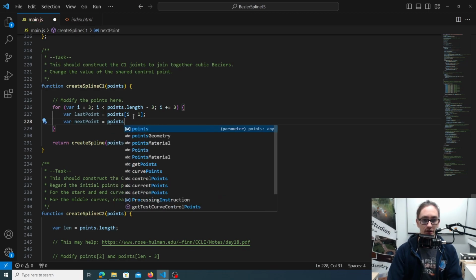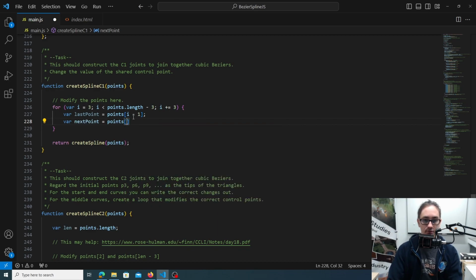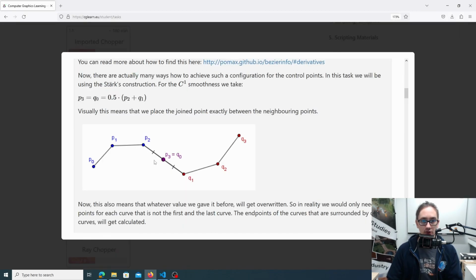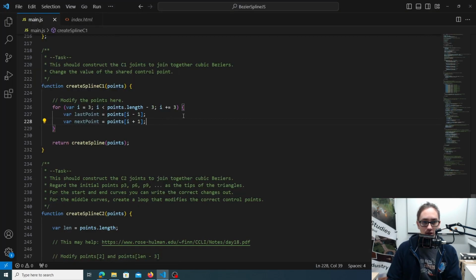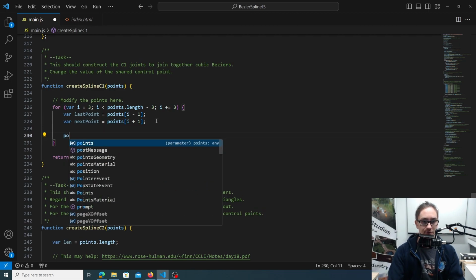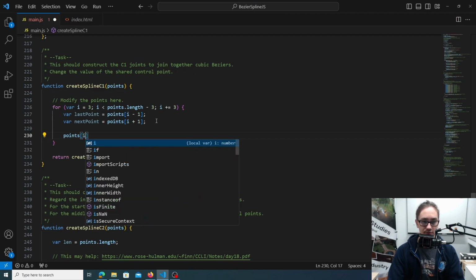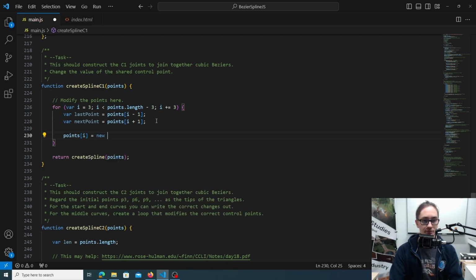And that will be the next I plus 1. So we want these new points to be exactly in the middle, and how we do it is just get the average of these points. So points at I should be a new vector,